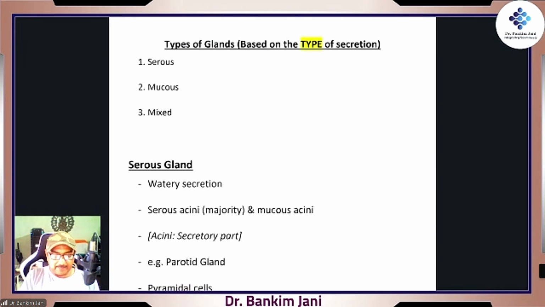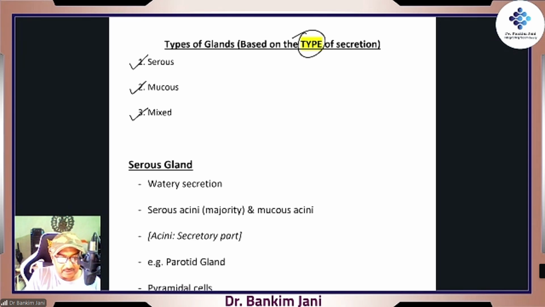Now there are several ways by which we can classify the glands. We start with the simplest explanation, and this simplest explanation is based on the type of secretion. Later on, we'll see, depending upon the branches and the size. But let's start with the first one: serous, mucus, and mixed. If you understand only this classification, you'll still have a very clear concept about how the glands are